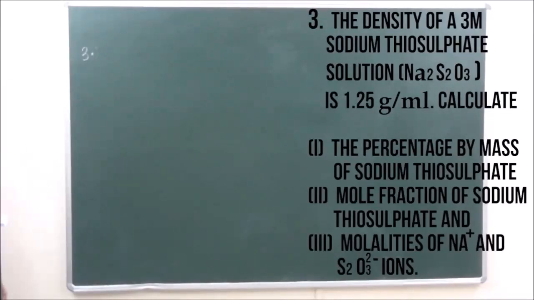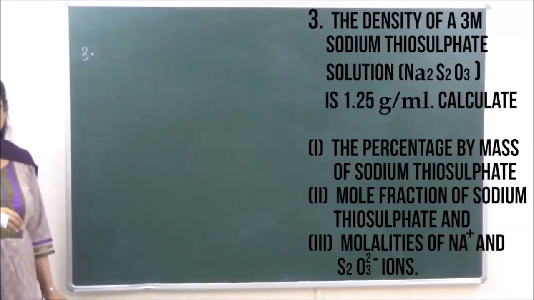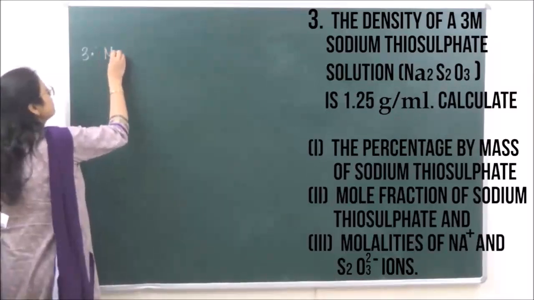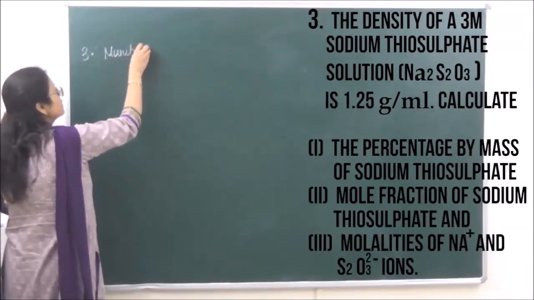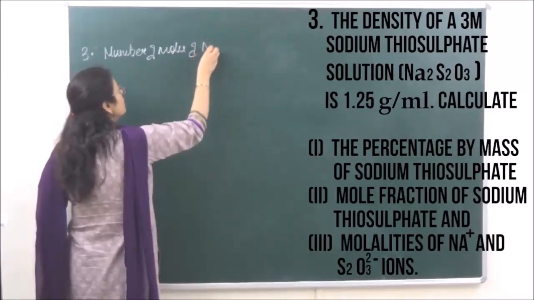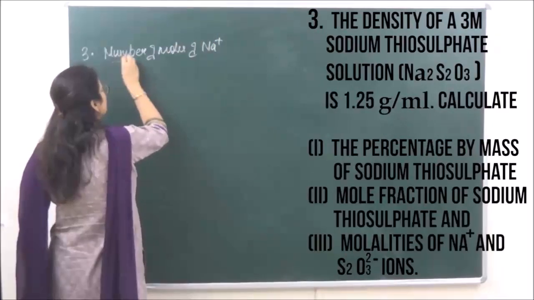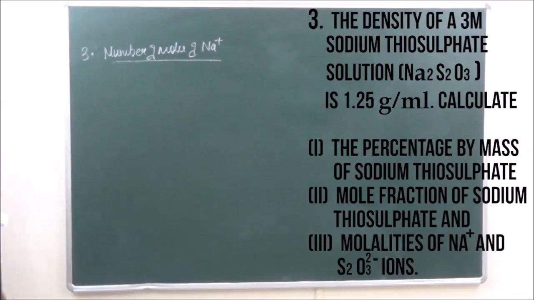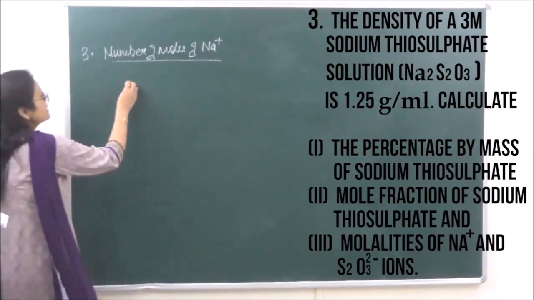What is the third part? You have to now calculate the number of moles of Na positive ions and the number of moles of sodium thiosulfate ions. So let's calculate first the number of moles of Na positive ions. To calculate this, you can use the formula that is equal to